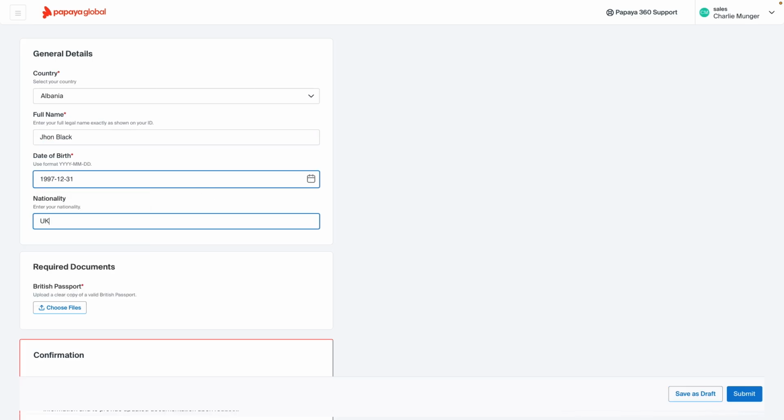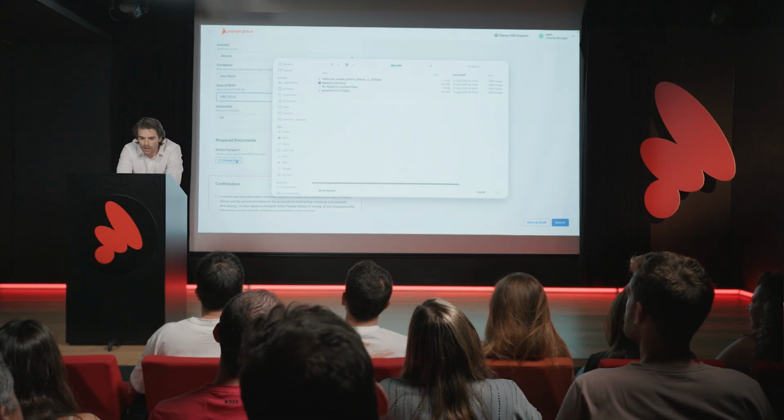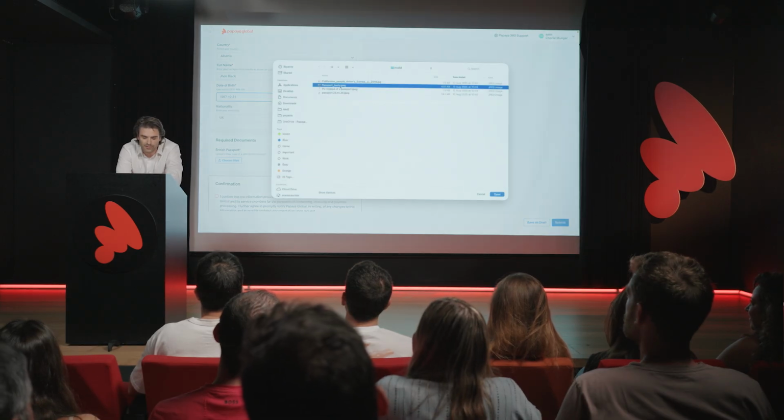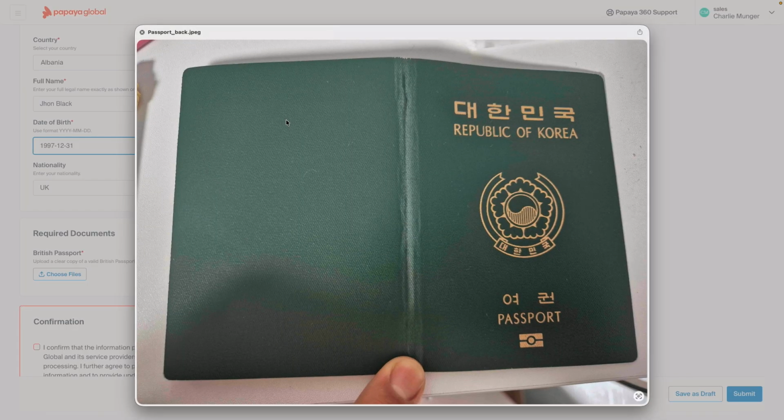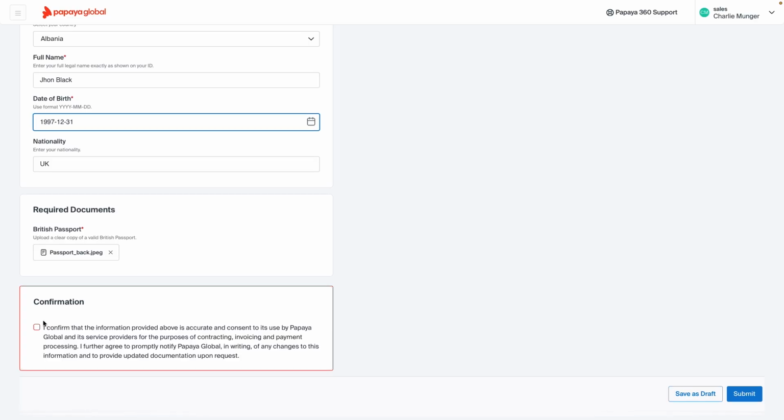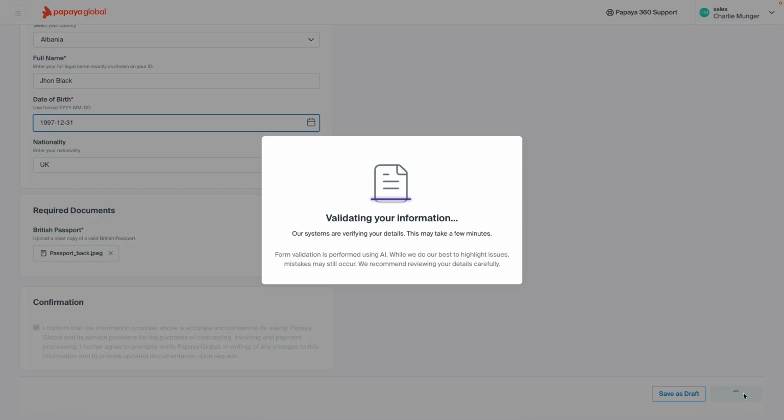Now, instead of uploading a valid British passport, I'm going to upload a picture of the back of a passport. This is the picture that I'm going to upload, and this is an actual submission that we received from one of the contractors when we collected the information. And now I'm going to submit the form, and the AI is now validating that all the information that I